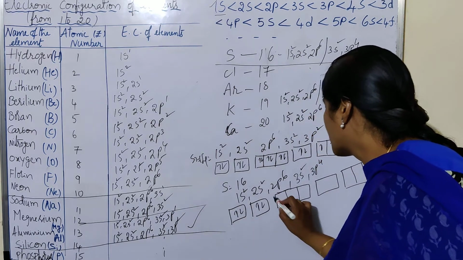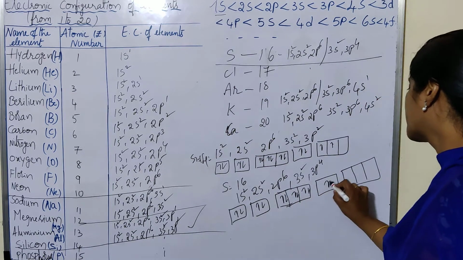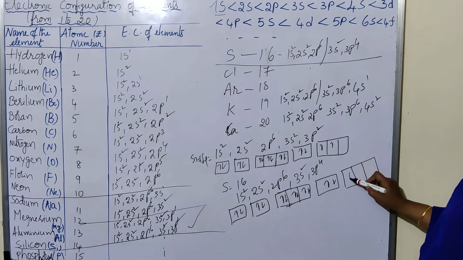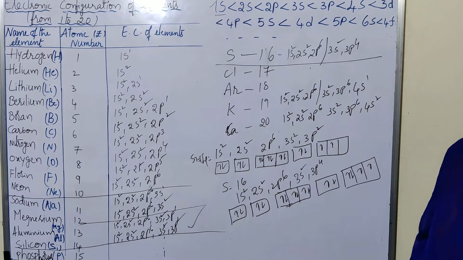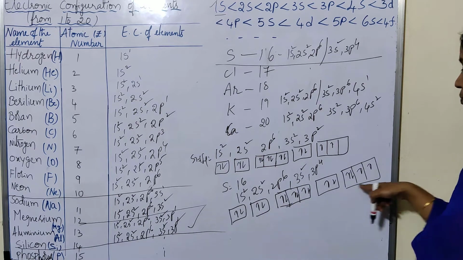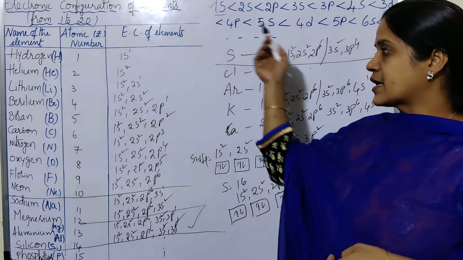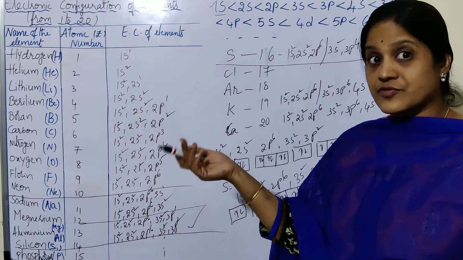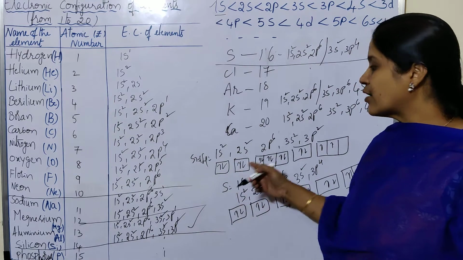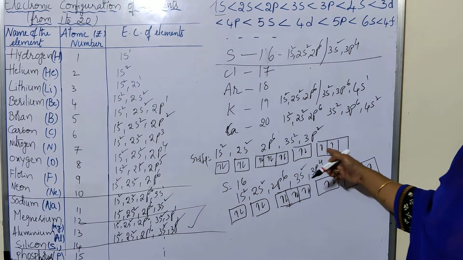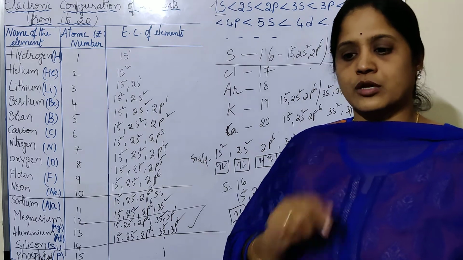1s2, 2s2, 2p6, 3s2, 3p4. 1, 2, 3, and this is 4. So like this you must represent. You have 2 ways. If they directly ask, you just write it. Otherwise, if they ask how to fill the electrons in orbitals, you have to draw like this. Next, here one more very important question is,